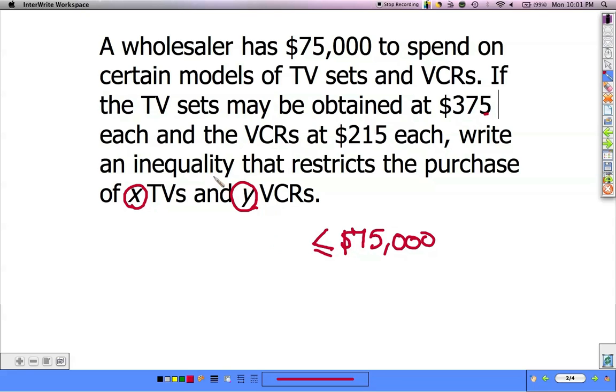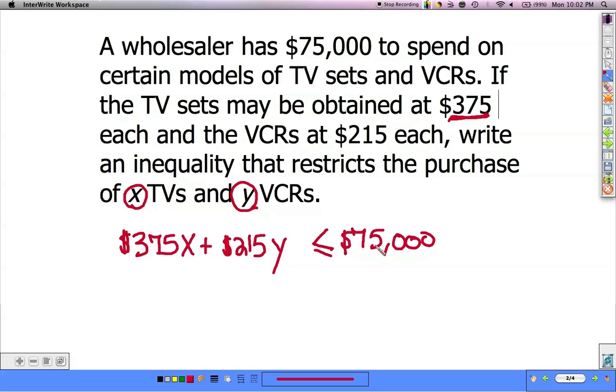So all this is saying is, if the TVs are $375 each, then I'm going to have 375 times the amount of TVs I have, which is X, plus VCRs, and those go for $215 each, and I'm going to multiply that by the amount of VCRs, which is Y. All of that total needs to be either less than or equal to